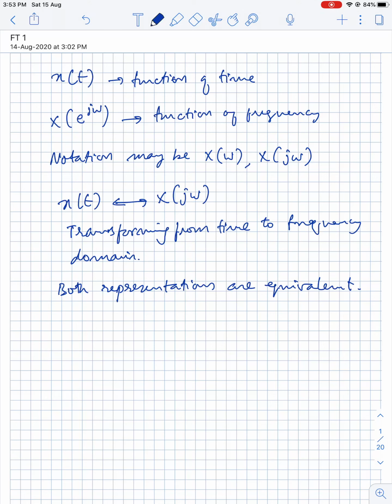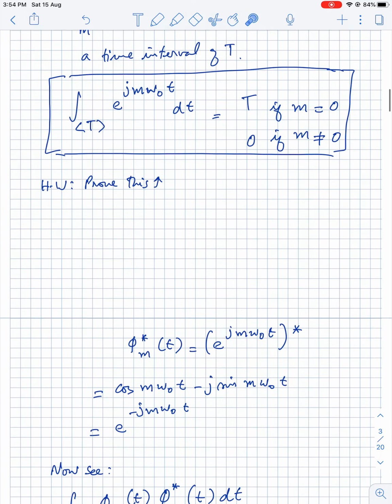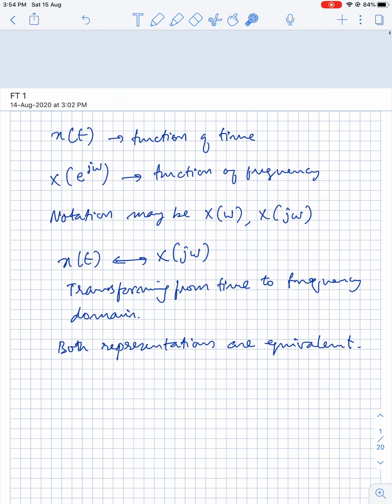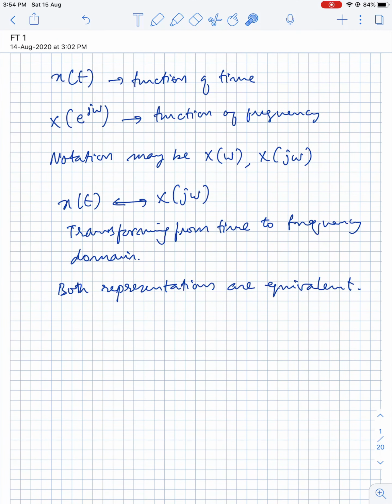Okay, hello. So today we will continue our discussion on Fourier analysis, and we will naturally make the transition from the Fourier series to the Fourier transform. We will come to this in detail. Just a relook at some of the notations which we have been using and which we will use throughout the rest of